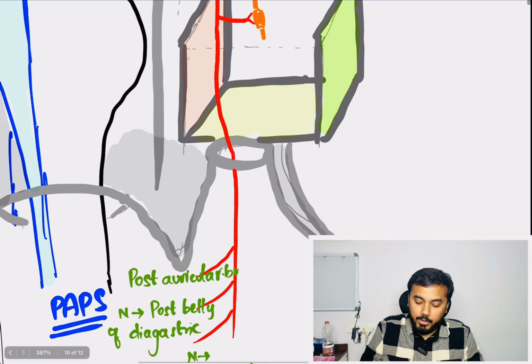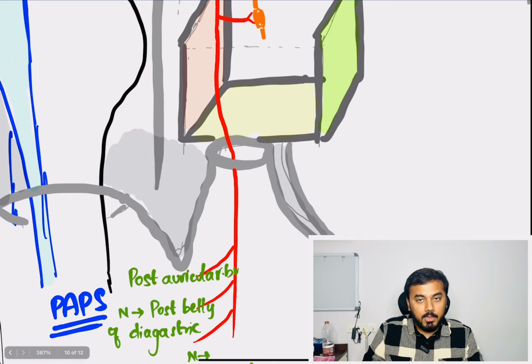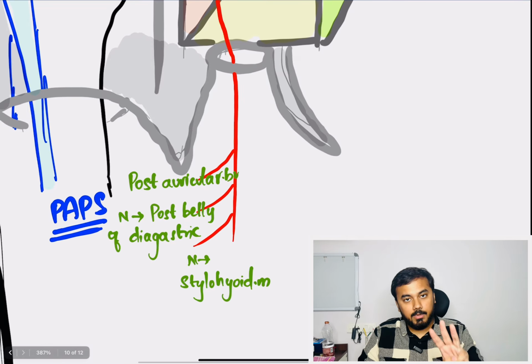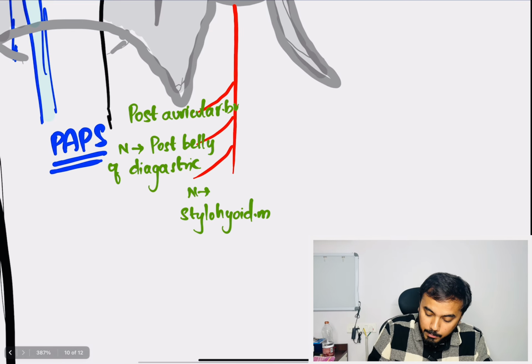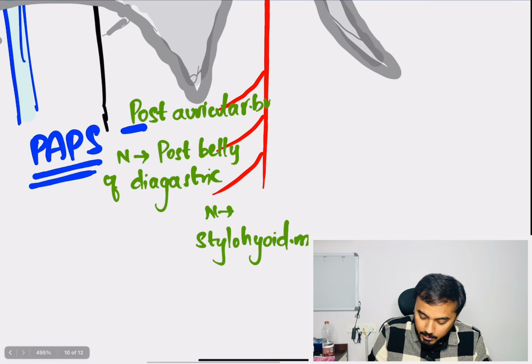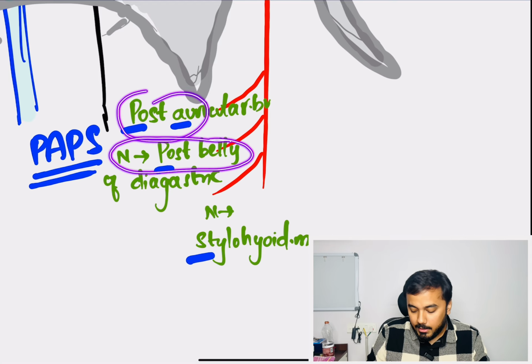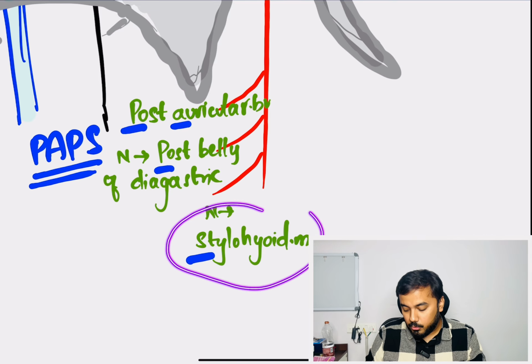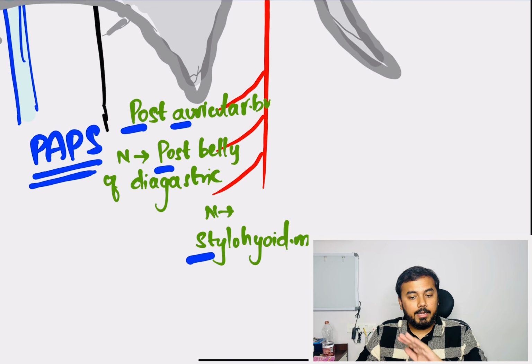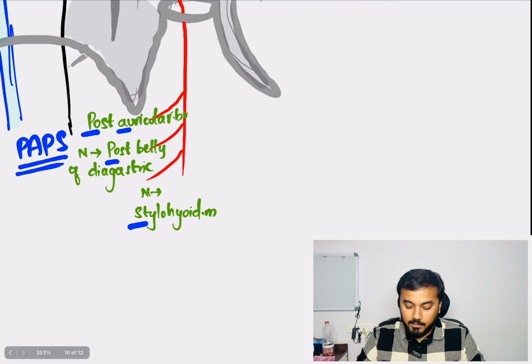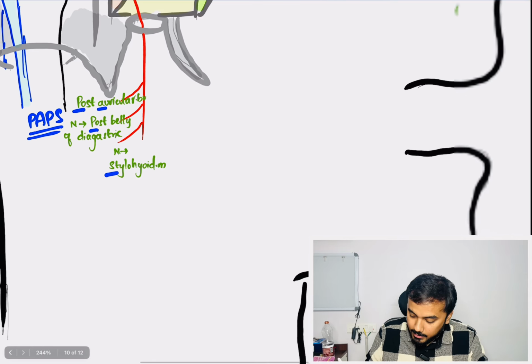Okay, so what did it do? Facial nerve came all the way down through the foramen. It has given 3 branches. They are named PAPS. ये देखो, PAPS. What is PAPS? Posterior auricular, posterior belly of digastric, and nerve to stylohyoid muscle. हो गया, right? It has given these branches. After giving these branches, what will happen is that